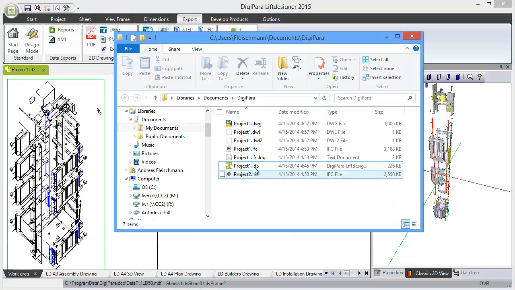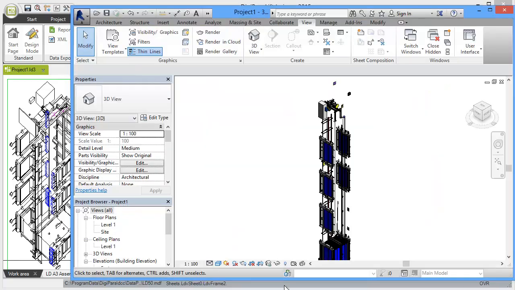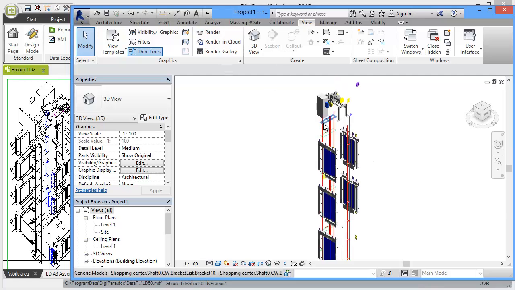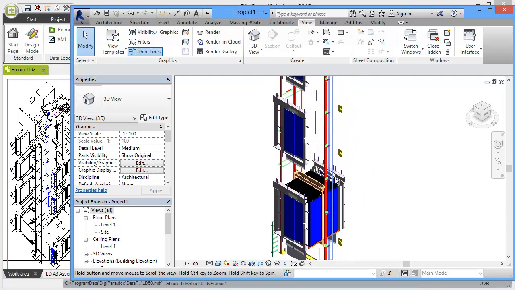I did this already before, but you send this IFC file to your architect, and he usually has some CAD program, for instance Autodesk Revit. Autodesk Revit is an architectural CAD program, and this is what he usually needs. He needs a 3D model of your elevator, and this is what he gets if you send him an IFC